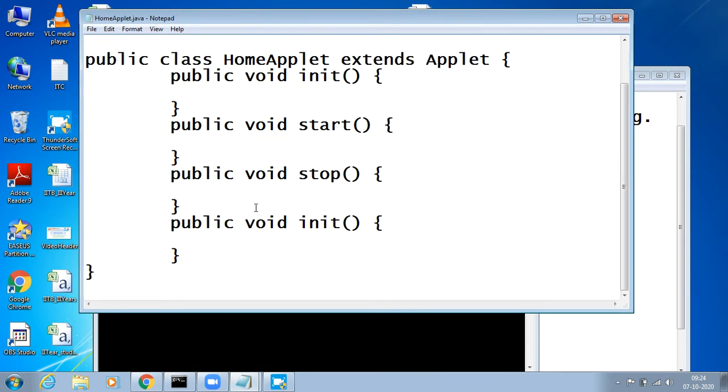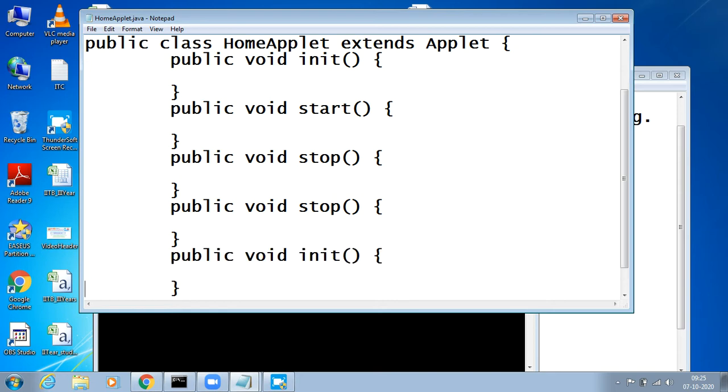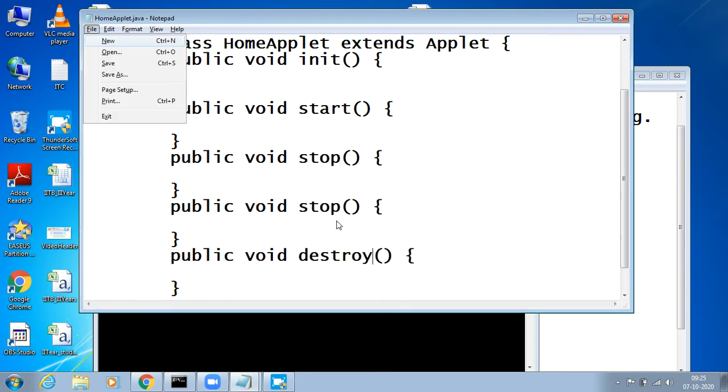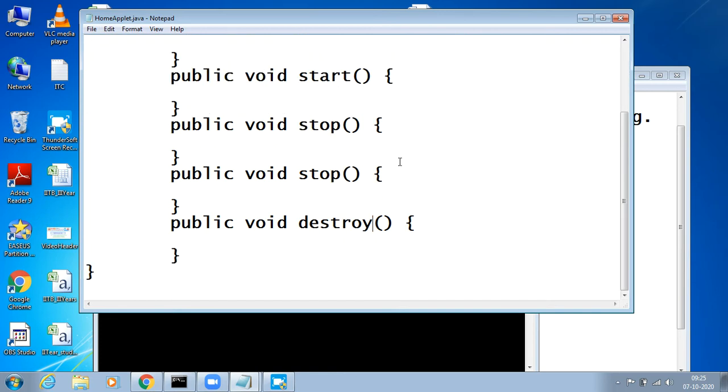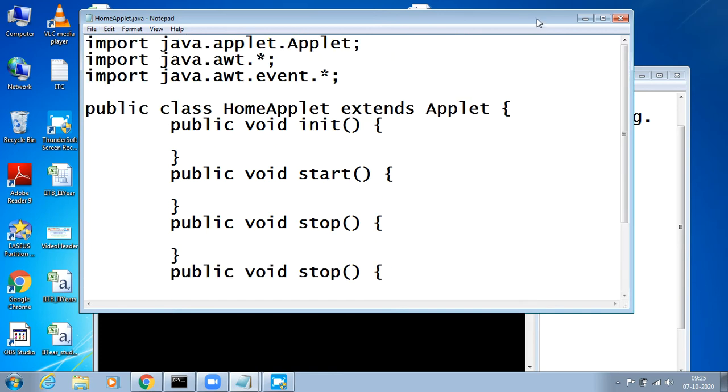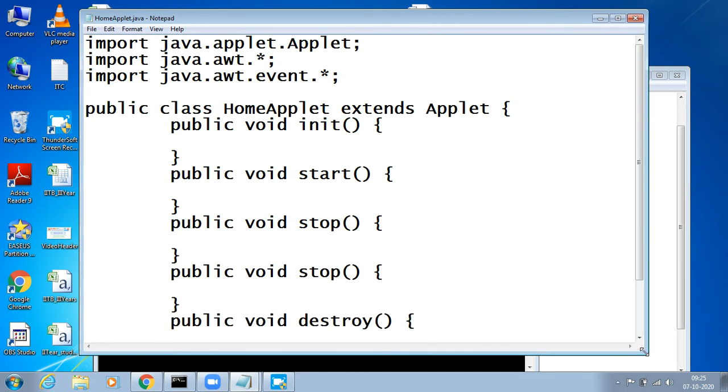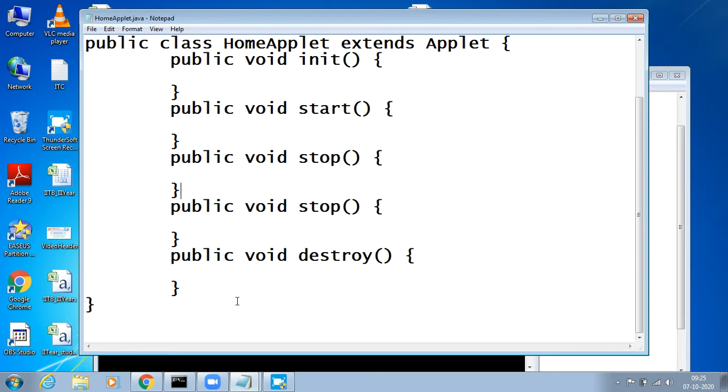Okay, public void stop, and public void destroy. I have totally 5 methods here.